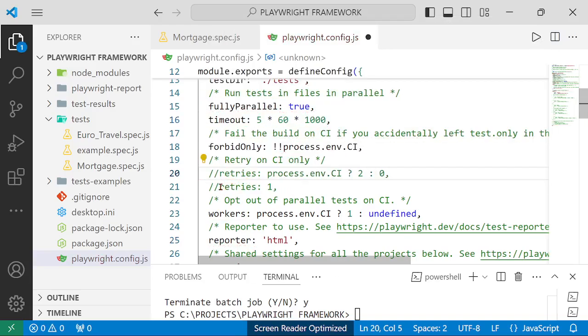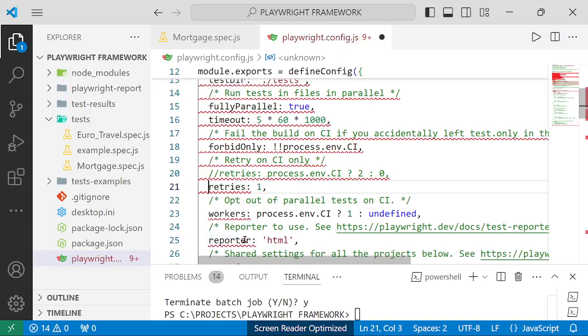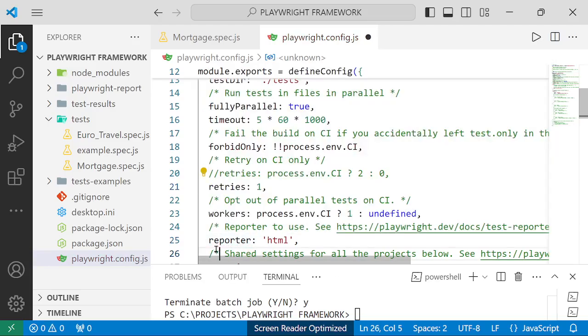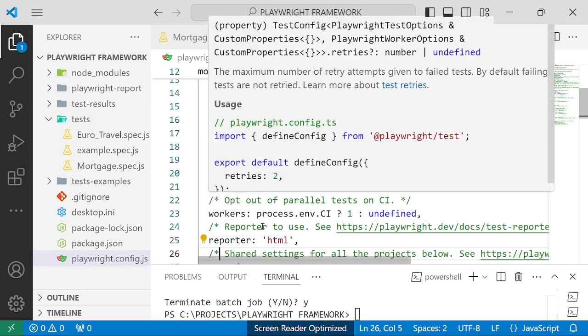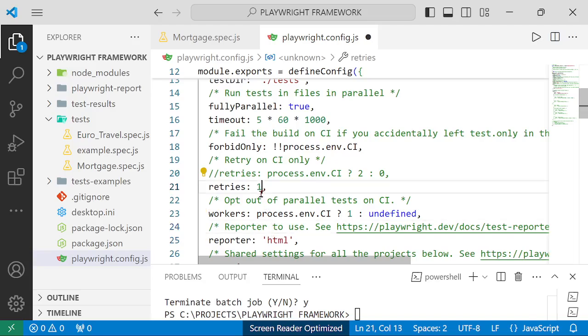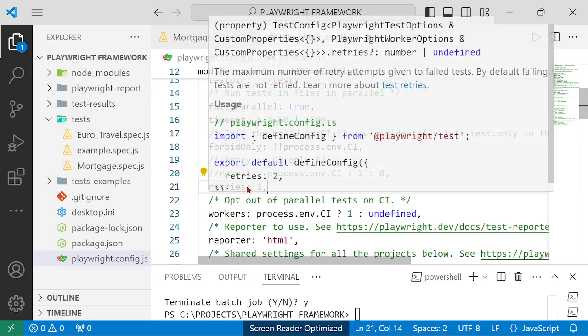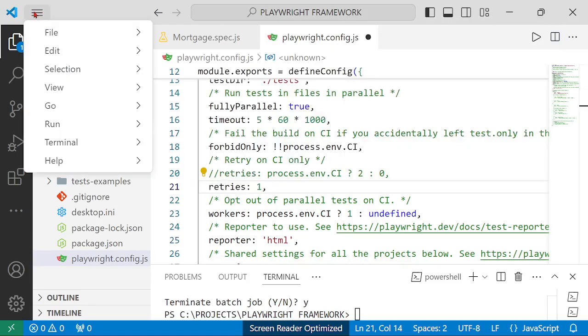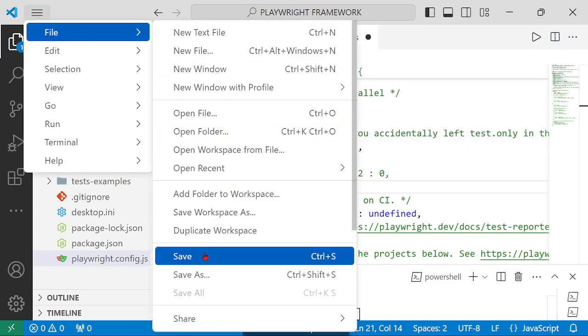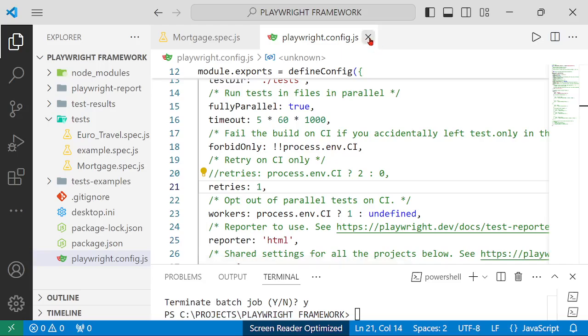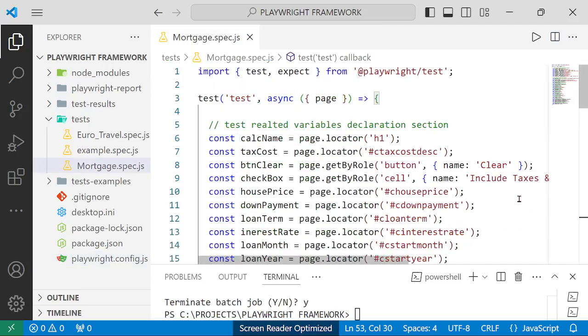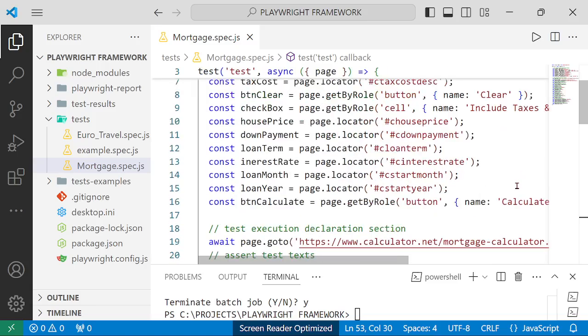I commented, and add, in my case I uncomment, at least one retry. Retries one, it could be two or more. Let's say three, this case one. Okay, so right now I'm gonna retry one, at least once. I'm saving the play configuration time, and I'll create some kind of artificial